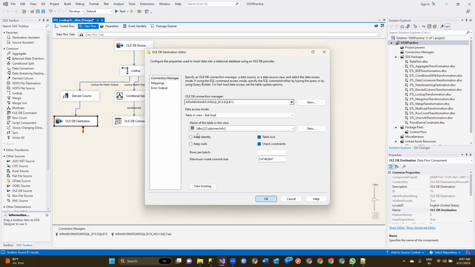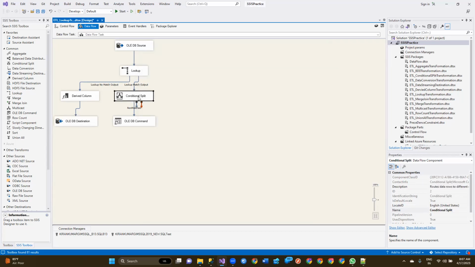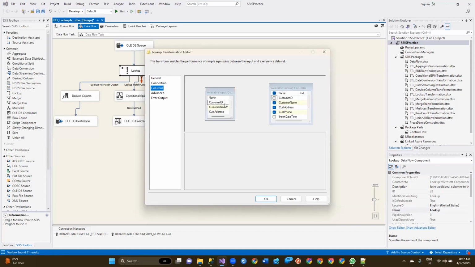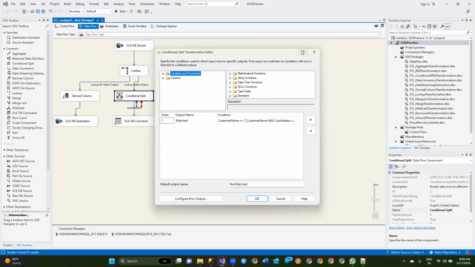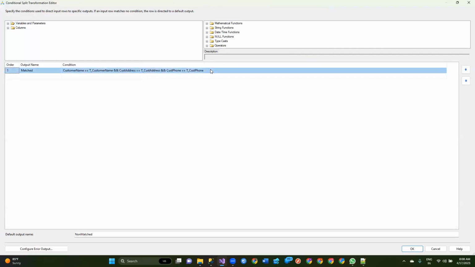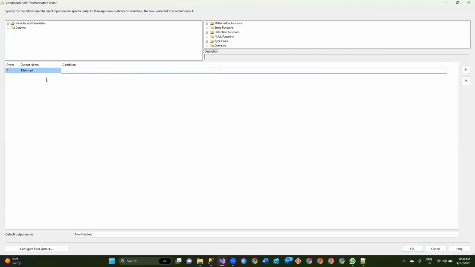Here I have taken the conditional split for identifying the changes between the source and target. Here we are only joining the tables, a kind of join for deciding whether the record exists or not. If it exists, then we are supposed to check whether the values have changed in these three columns. So that is why I have used the conditional split, and I have written the expression. If it is matched,